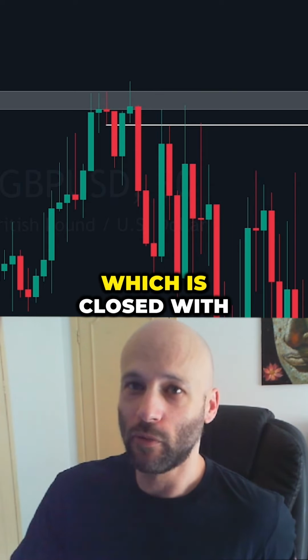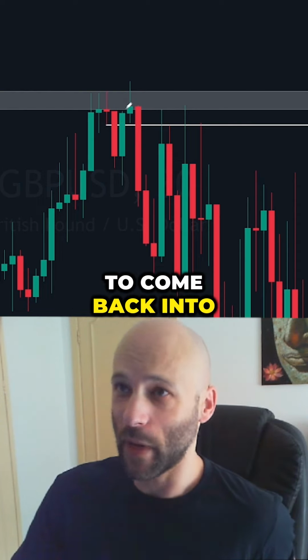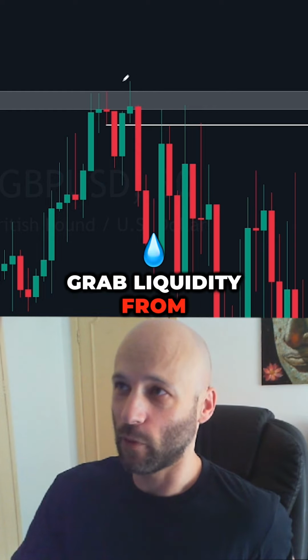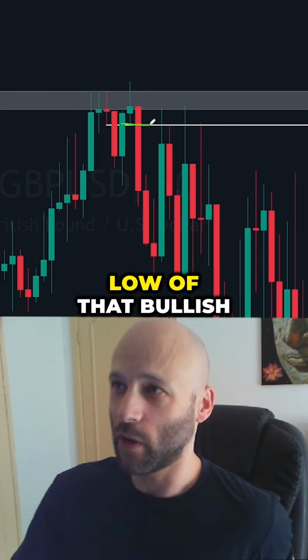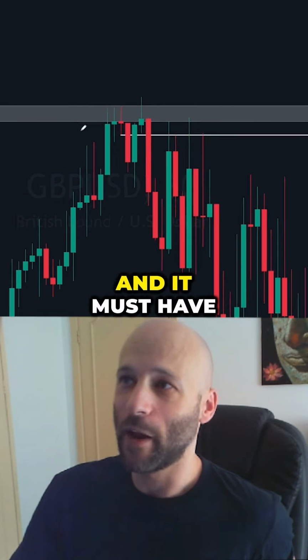We've got a candle which has closed with a long upper wick, and then only to come back into the range below and close back with a weak bullish candle. This would suggest we've grabbed liquidity from the upside, and if we begin to break the low of that bullish candle, that is a signal to start looking to sell it back down, and it must happen at a